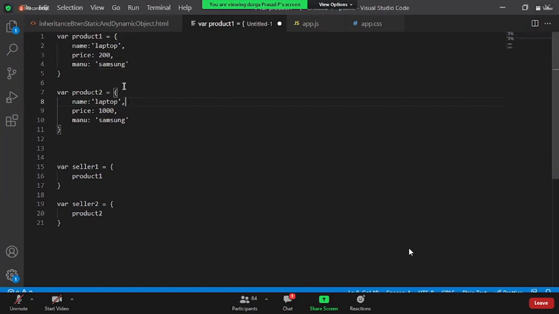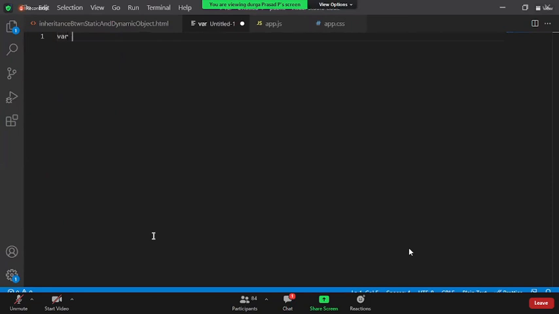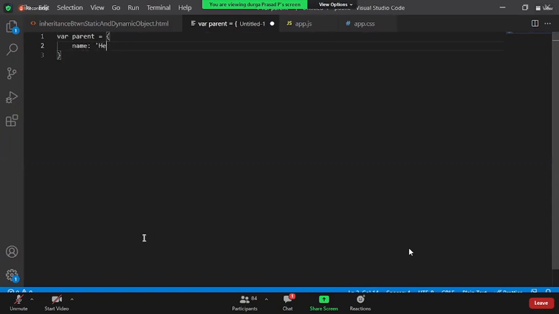What if, assume, okay, forget about the 4 objects here. I say parent equal to something like this, name, say Mr. Ramu. Okay, forget about the age.